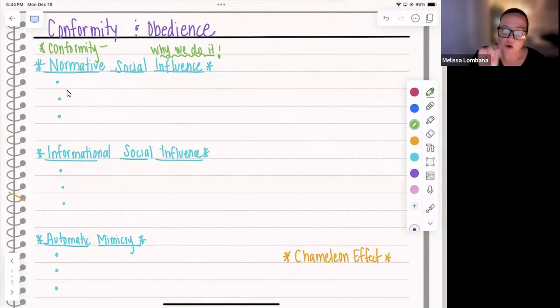Okay, so under normative social influence, I want you to put that the behavior is influenced by the social norms, because we want to gain approval or avoid disapproval from the group. You could start a new bullet or continue that. Okay. So this is typically why we will go with the flow of the group,